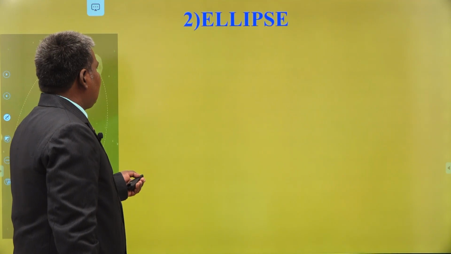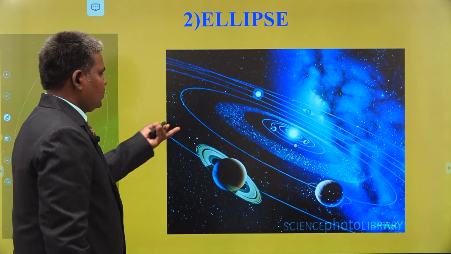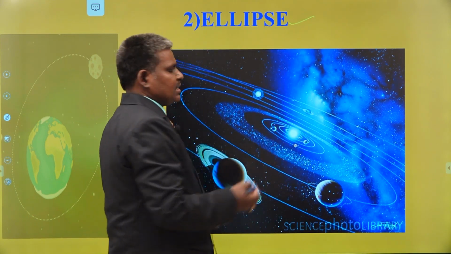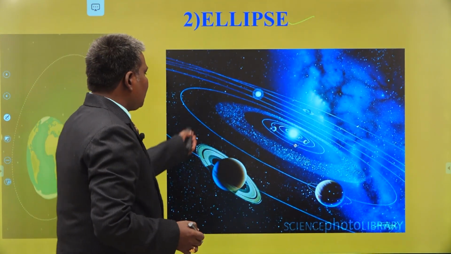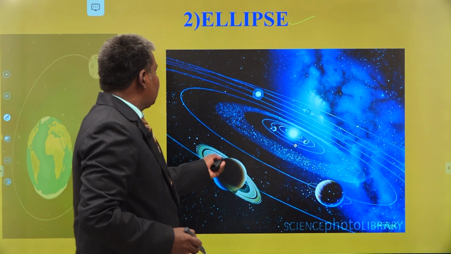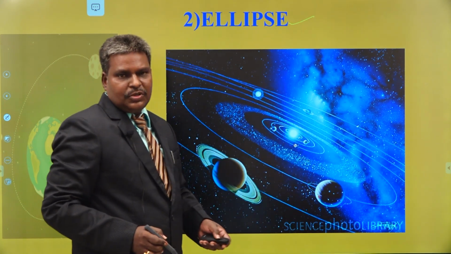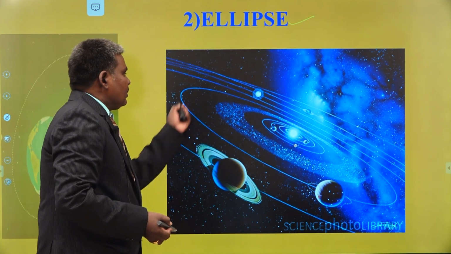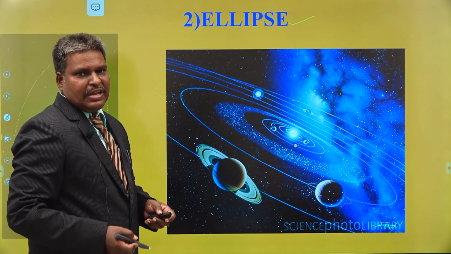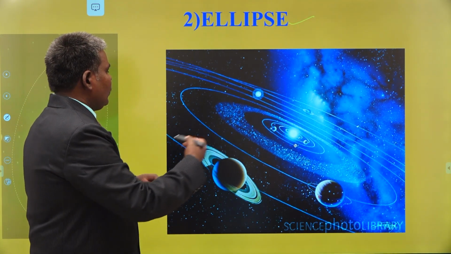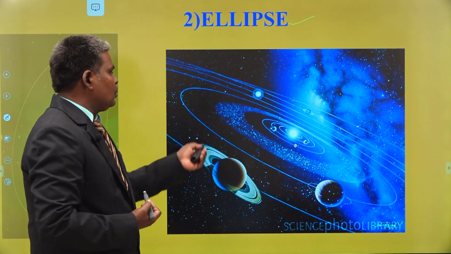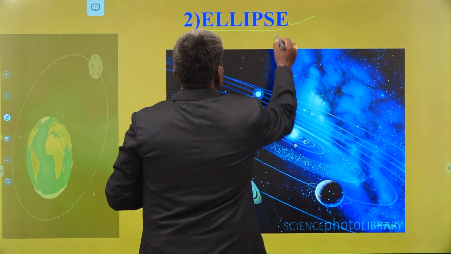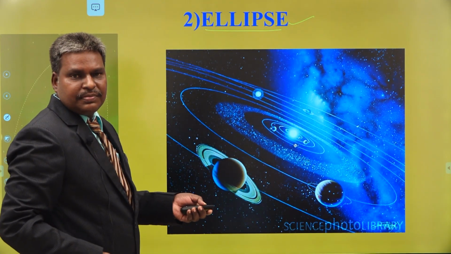Now let us see the application of the ellipse. Ellipses play a very important role in our solar system. All the planets move around the sun in an elliptical shape. We can find the distance between two planets with the help of the path of the ellipse equations. By framing the equations of the ellipse itself, we can find the distance between the two planets. So the ellipse is the concept used in the solar system.